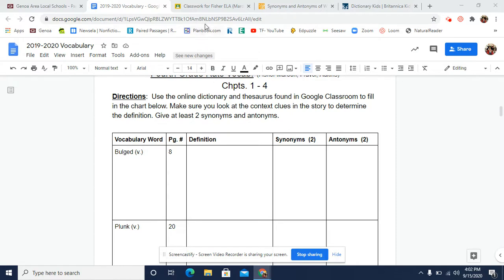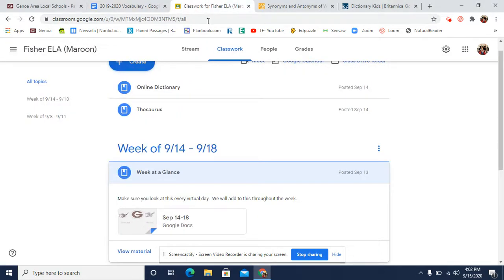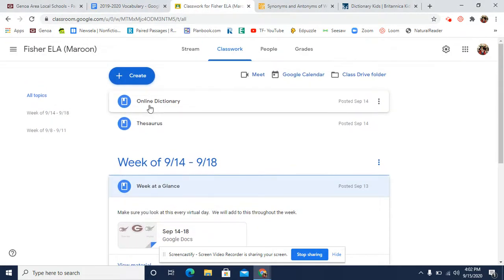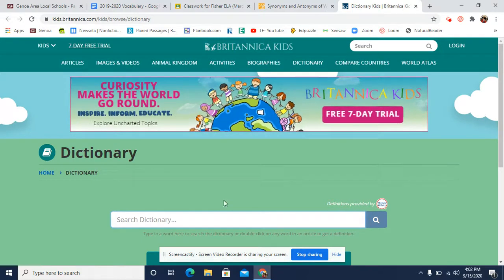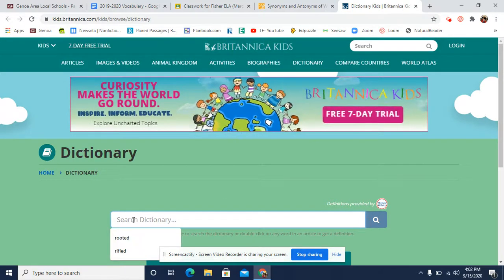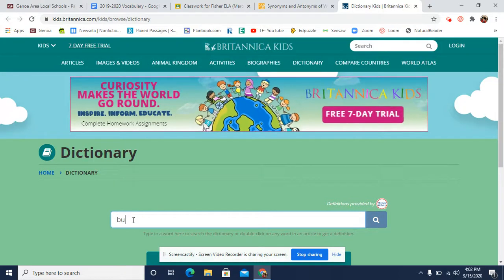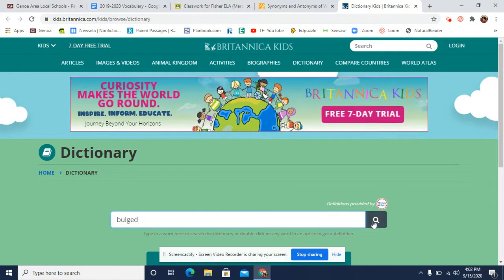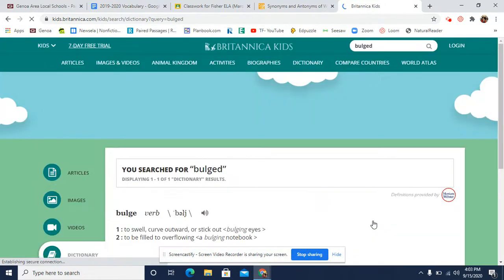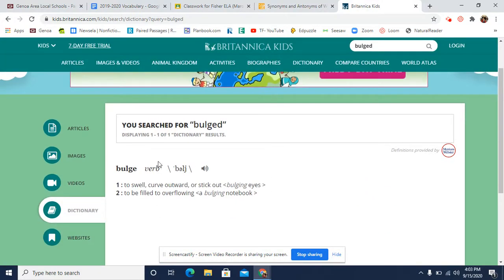So to find the definition, you go to Google Classroom, ELA, and at the top there's an online dictionary and there's a thesaurus. The online dictionary, you click on that and that will take you to this, and you click here and you have to type the word. Now make sure you spell it right. Okay. So bulged, and then you just click this search button and make sure that it's the verb,